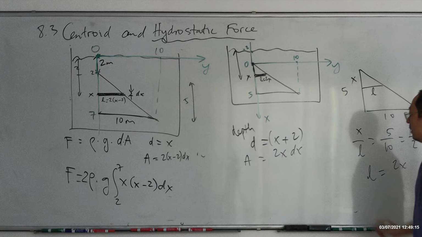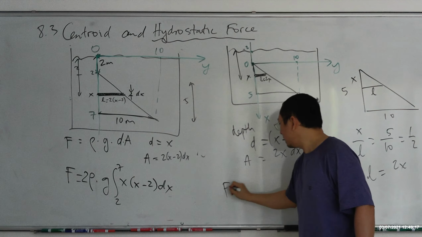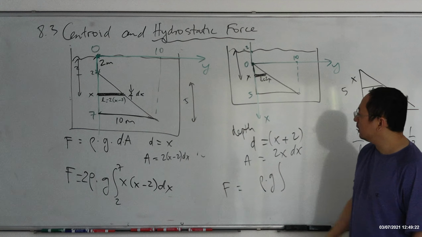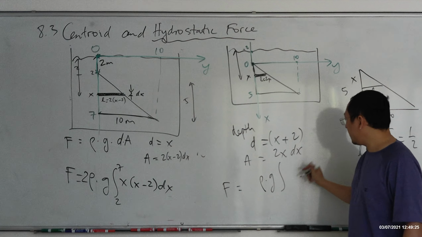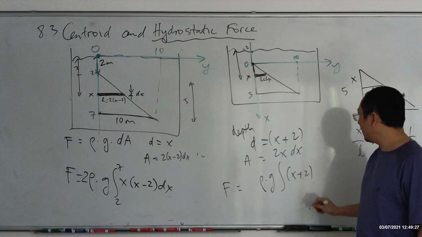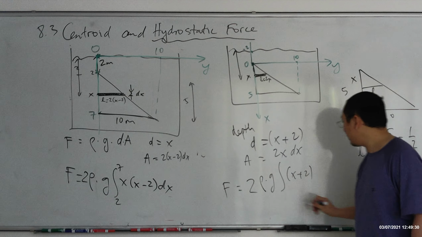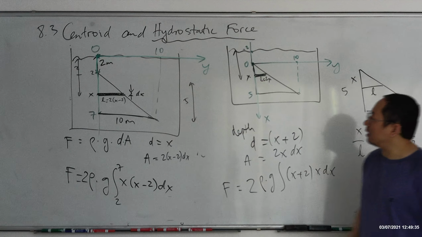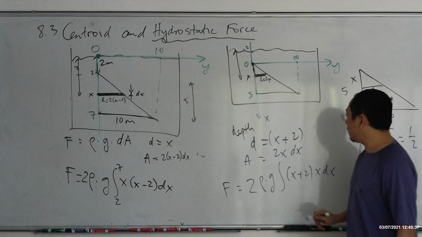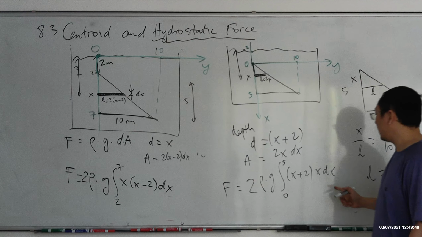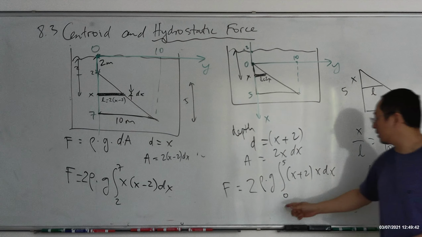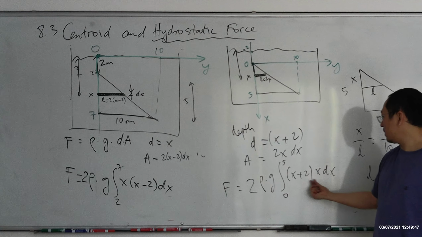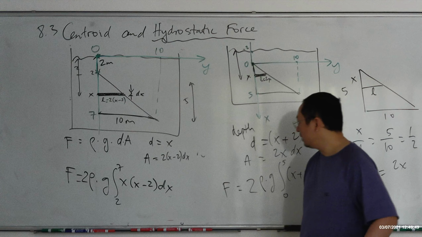So the total force is going to be rho g as a constant times the integral of D times A. The depth is now x plus 2, and A is 2x dx, 2 is a constant, I bring it out, x dx. Now x is not going to vary from 2 to 7 anymore. It's going to change from 0 to 5. This integral is very simple to integrate, and both ways have the same answer. X plus 2 times x, here it's x times x minus 2. X from 2 to